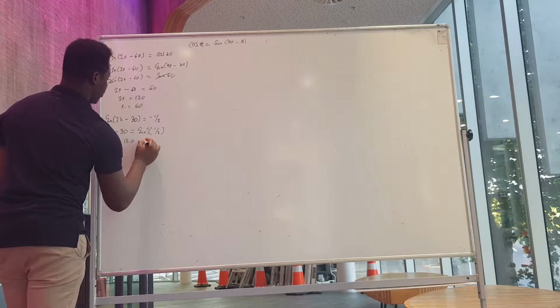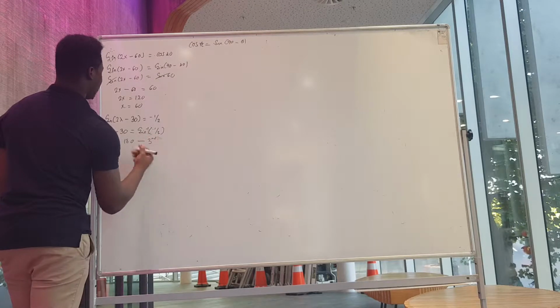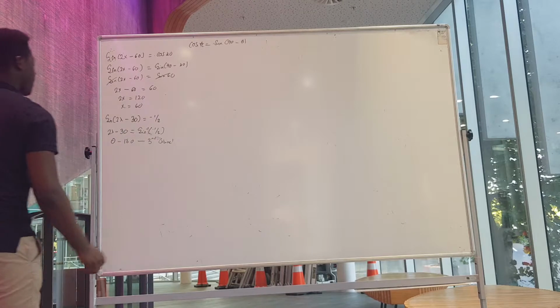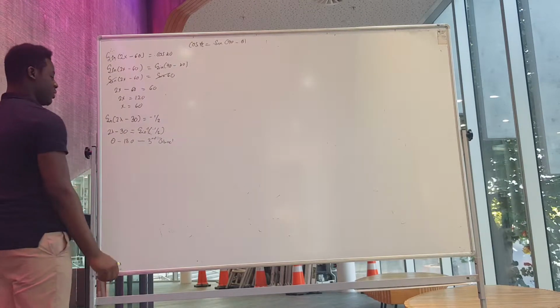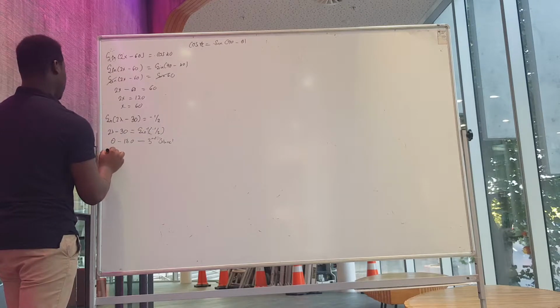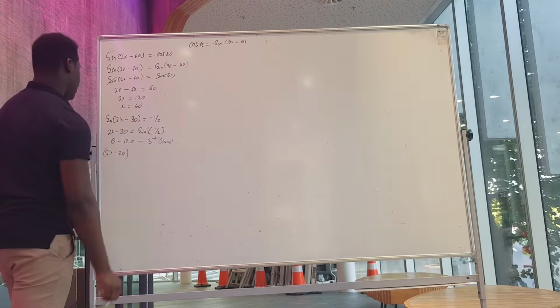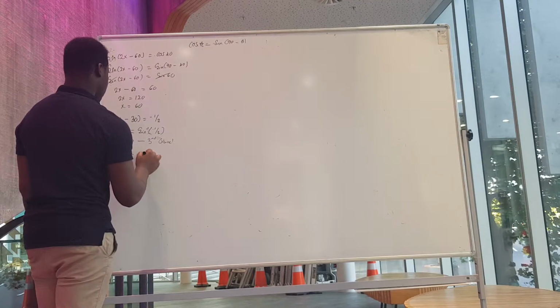So remember that's for the third quadrant. The angle here is 2 lambda minus 30. So we have 2 lambda minus 30 minus 180 is equal to